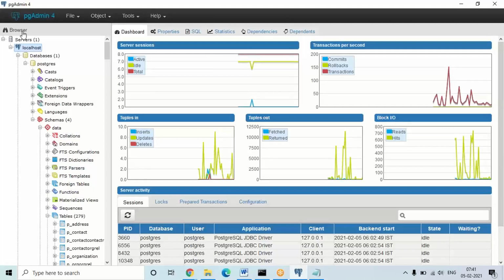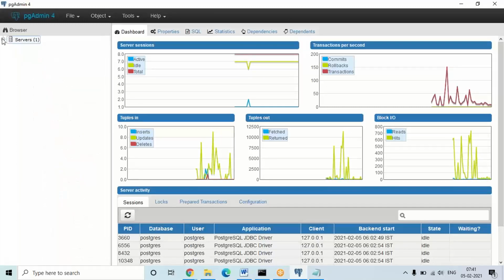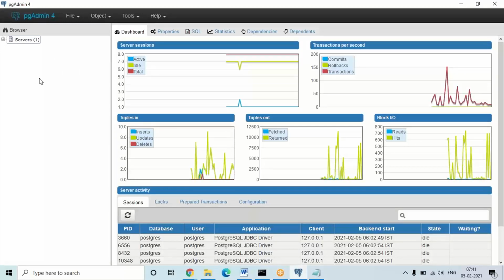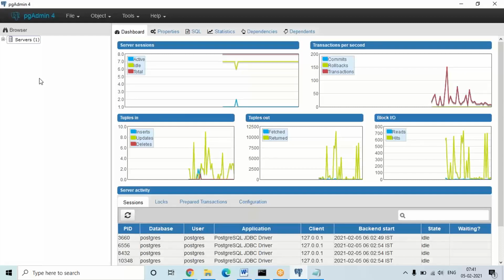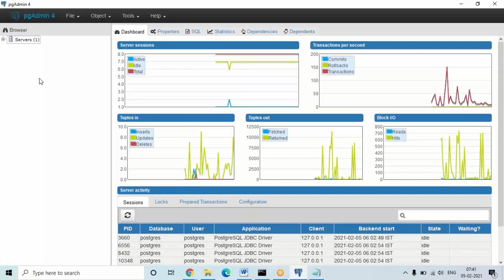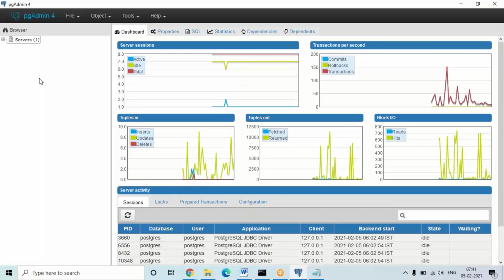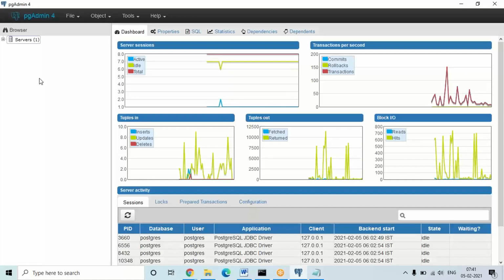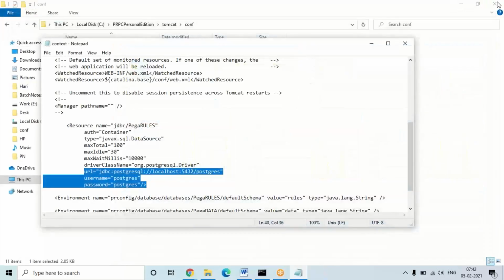So only to view the data which is created in the server, if you want to check any physical data, only for that purpose we created this connection. Otherwise, without this configuration also we can work on the platform directly. But once your installation is done, do this. It will help you in some interview questions and all. So that is about this installation and server configuration.